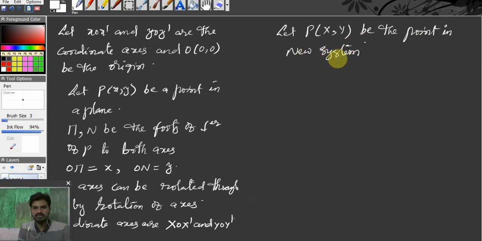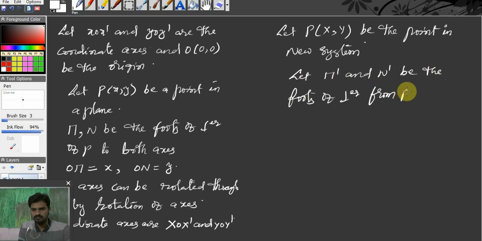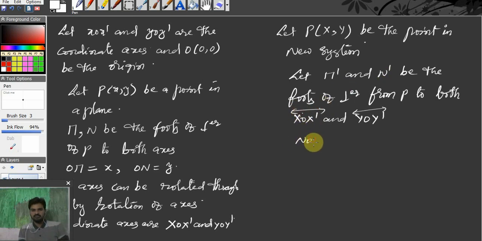After taking the new system point, let M dash and N dash be the feet of perpendiculars from P to both capital X O X dash and Y O Y dash. Now OM dash is equal to capital X, ON dash is equal to capital Y. So now how to change these